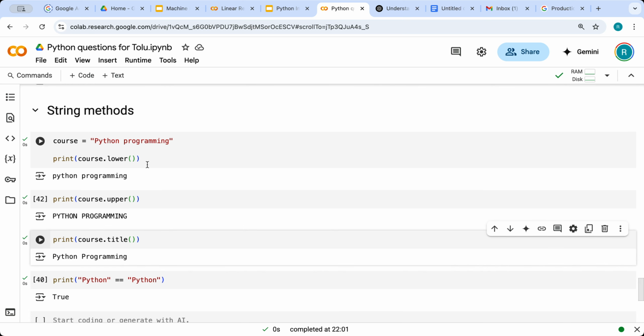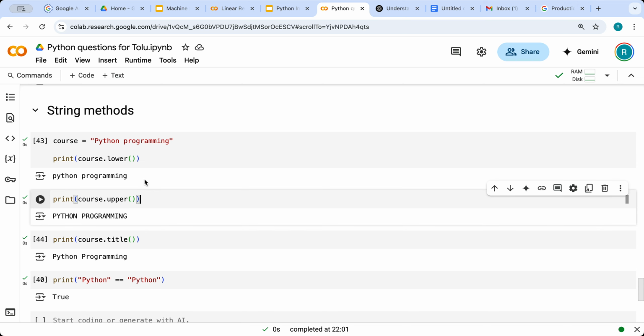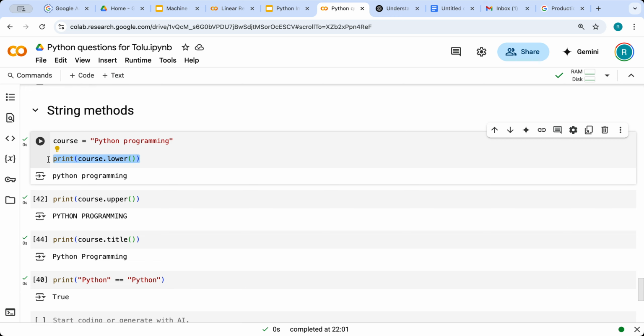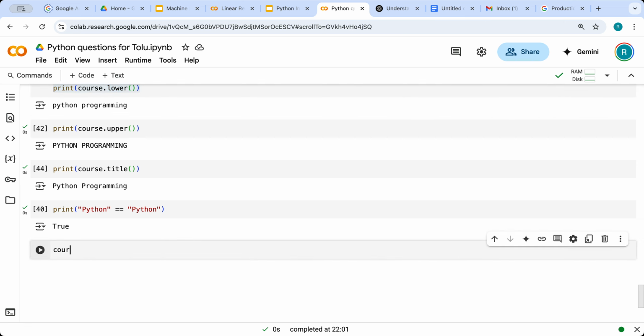So these three are the most important things. Title is something you may not use every time, but upper and lower are something you may have to use most of the time. Now let's say we have some special characters. For example, if you see over here, Python programming, and there are some unwanted spaces over here. So if I print this one,